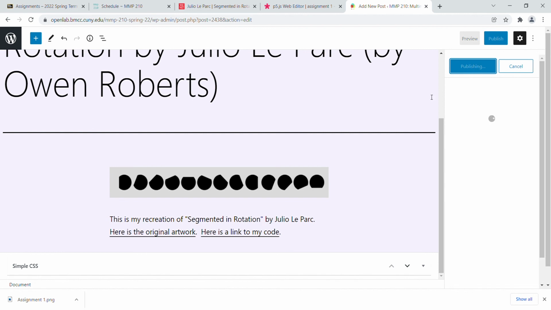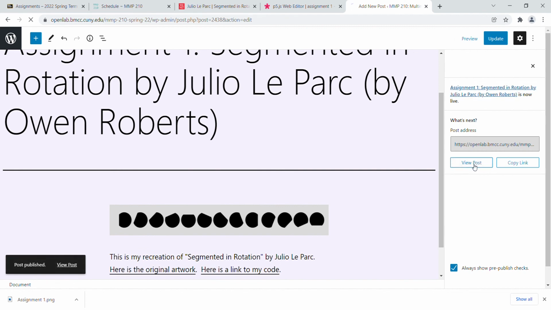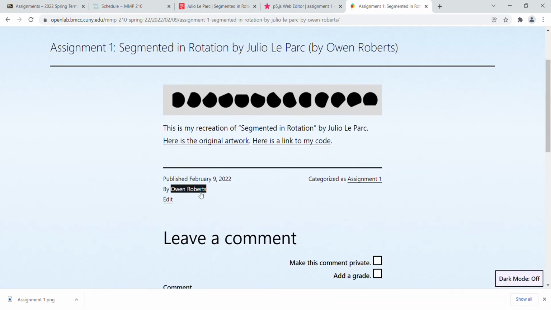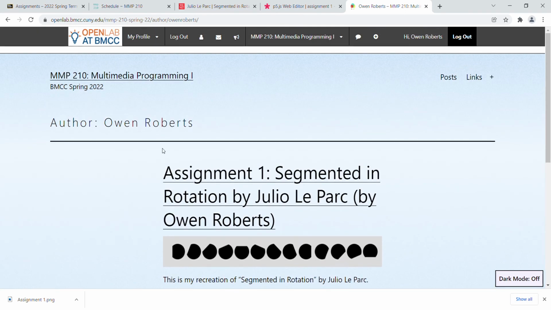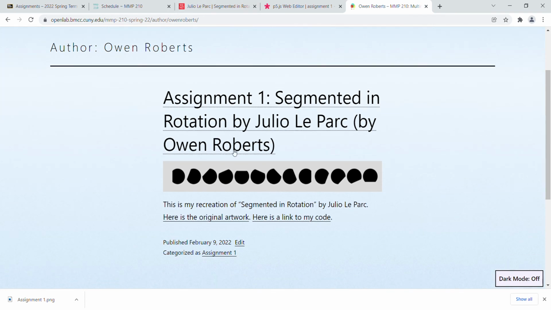So I'm going to click publish, and that takes a second. There we go. And then I can click view posts, and that looks good. And now when I click on my username, I'll be able to see all my work. So this page will sort of become a portfolio for this class. And you know, you can use it as an example of here's a bunch of programming work that I did. And you can also share it with other people if you want to, and they can see the